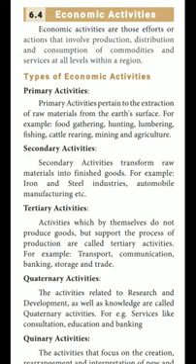What do you know about the secondary activities? Secondary activities transform raw materials into finished goods. For example, iron and steel industry, automobile industry, and manufacturing industry, etc. So secondary activities means the transformation of raw materials into a finished product. That is called secondary activities. We can see this in the iron and steel industry, automobile industry, and manufacturing sectors. Next, third one is the tertiary activities.